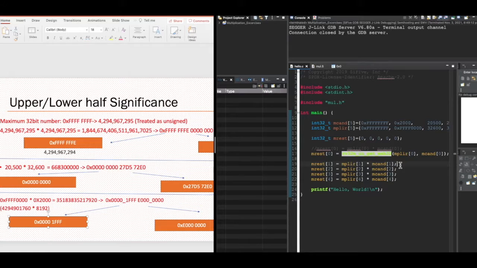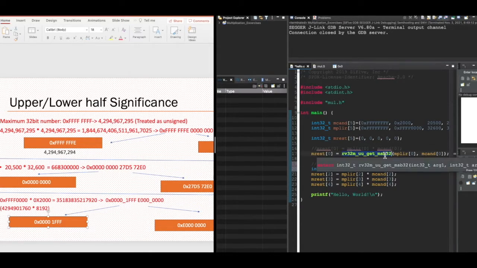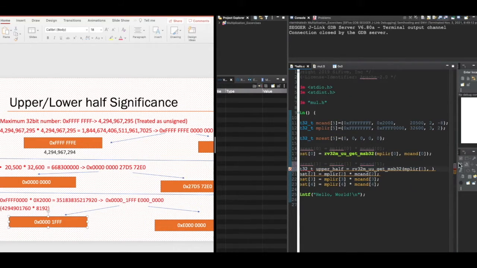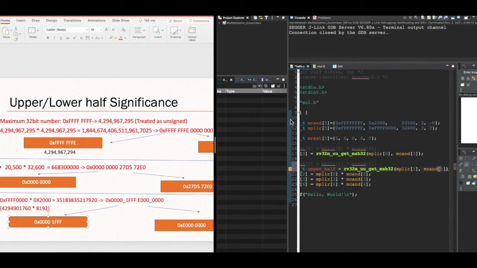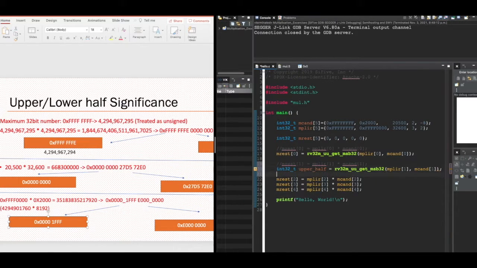So if you want to get the results, that's a 64-bit result, then what can be done is half equal to, so that would fetch the upper half, and